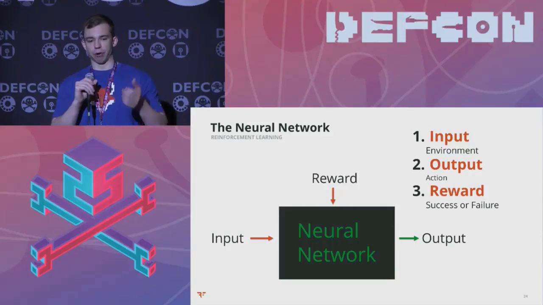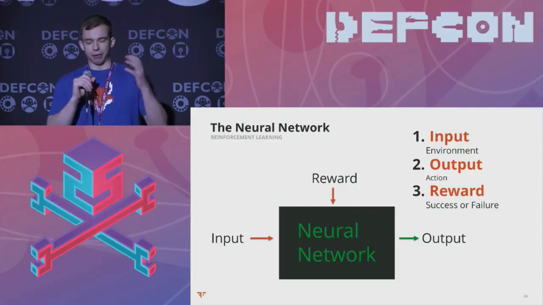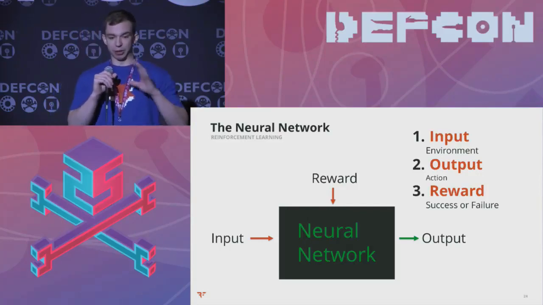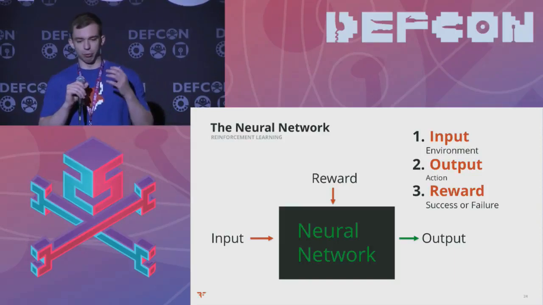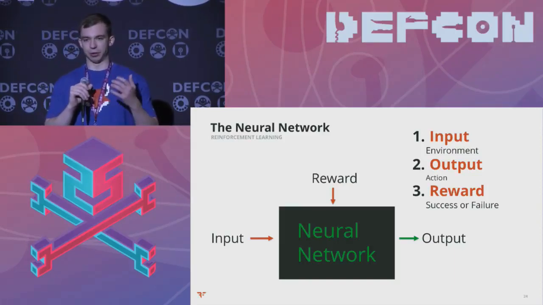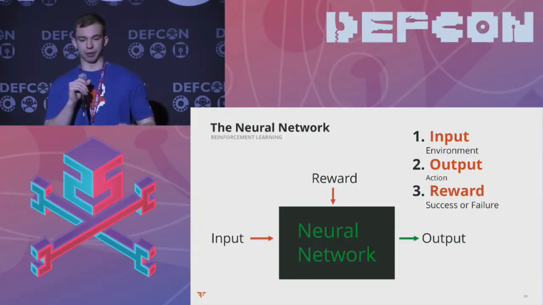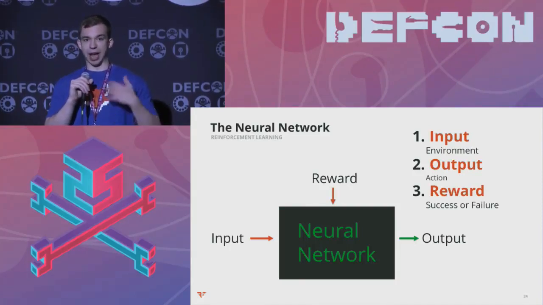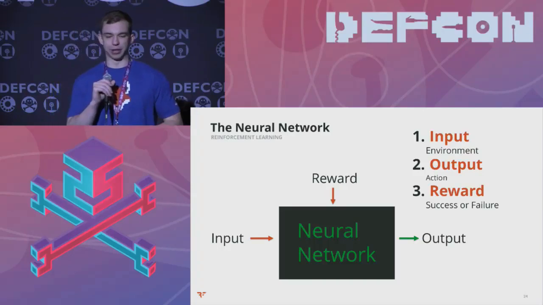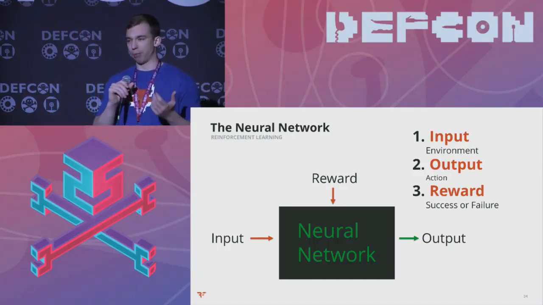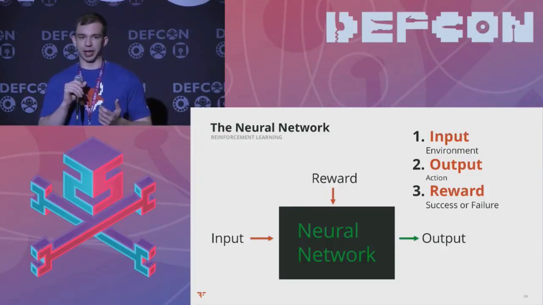I'm going to go into the next slide. We're going to talk about chess a little bit. It's everything your AI program knows, and it's the only thing it really sees. So you're going to want to formulate your inputs to not present too much data, but also present enough of the world to be able to make smart decisions about it. You're also going to have a reward. So when you take an action, it's either going to do something good, do something bad, or maybe something kind of good or bad, depending on what your problem is. And then you're going to have your output, and that's essentially what action you're going to take.